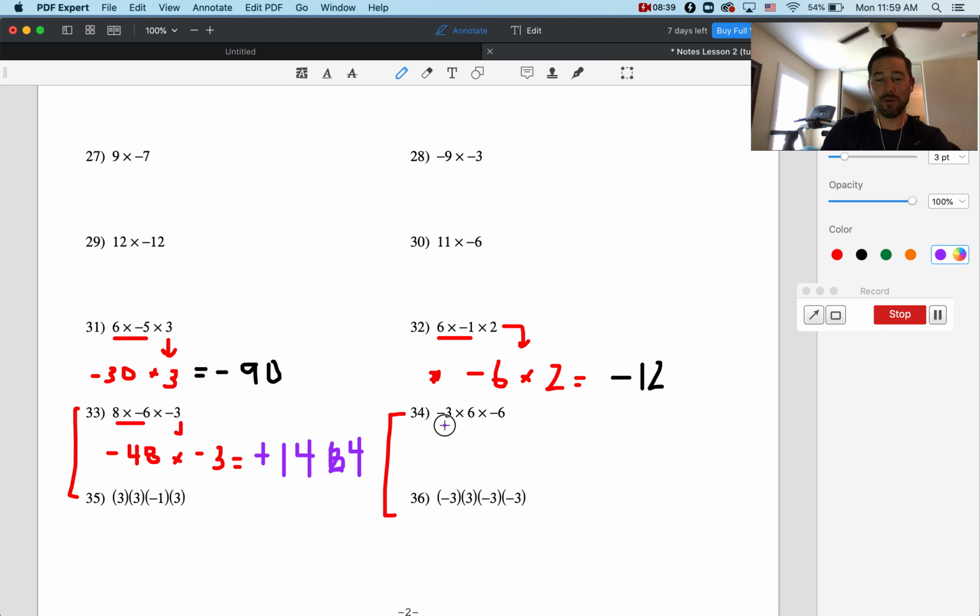Okay, let's attack 34. Same signs or different? Different signs. So it's going to be a negative. 3 times 6 is 18. Drop this bad boy down. So we have times a negative 6